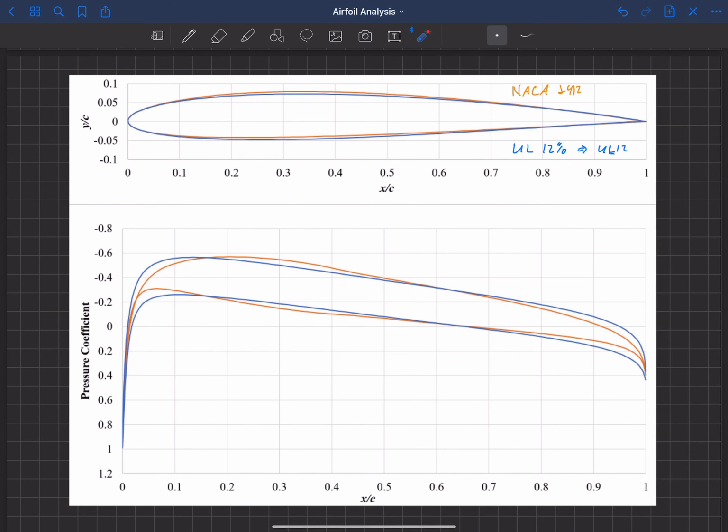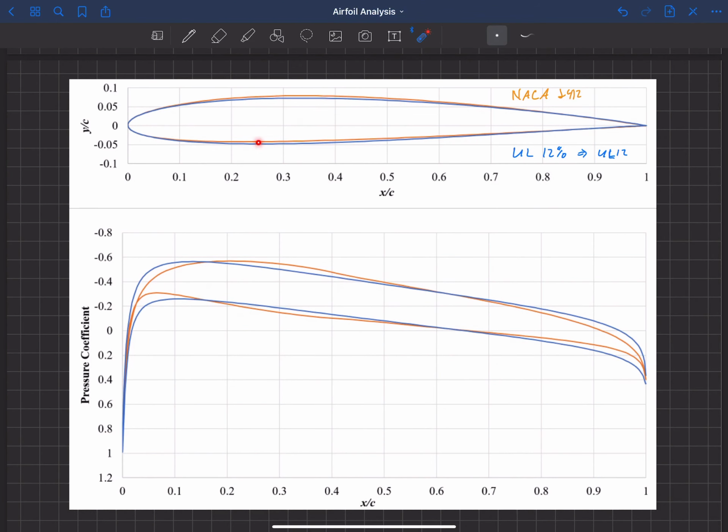But here's our pressure distribution for the two. So again, the orange is the 2412 airfoil, and then the blue is the uniform load distribution. And you can see if you were to walk along the distance and look at the delta in pressure from the top to the bottom, the difference between the two blue lines is very consistent, especially compared to the 2412. So for just a small change in geometry, which these thickness distributions are the same, it's actually a small change in the camber line here. You can see that we can have this control over the pressure distribution and create this uniform load distribution.